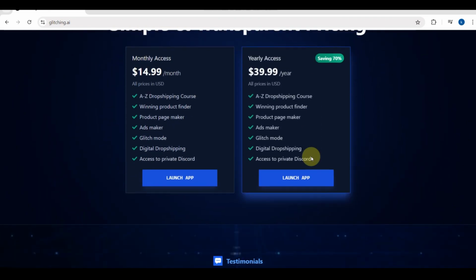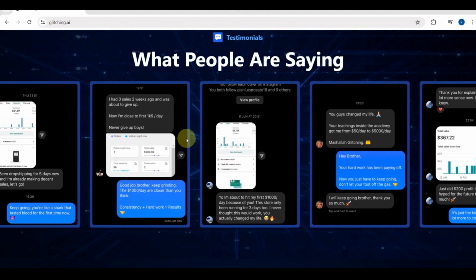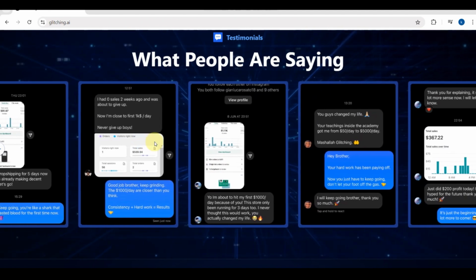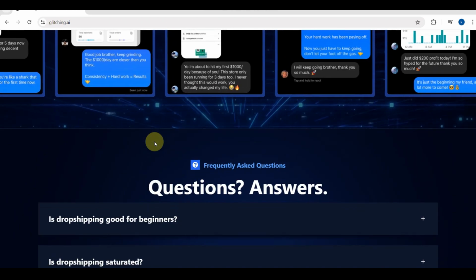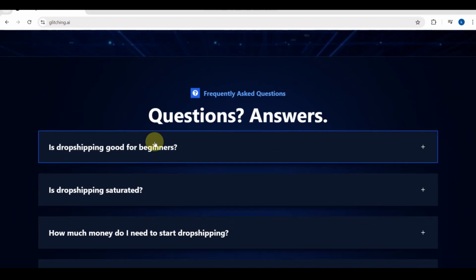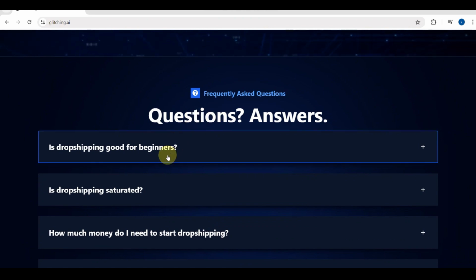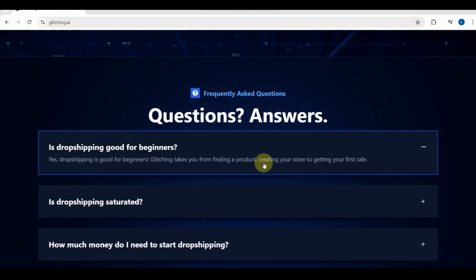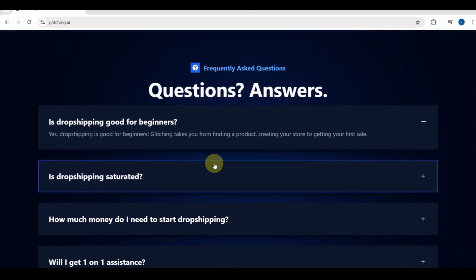So to sum it all up, I think Glitching AI is a powerful tool with robust automation features that can save your time and potentially increase your profits. But the price tag and AI limitations might be a deal breaker for some. So ultimately, it's a great choice if you're looking to take your dropshipping business to the next level. But again, guys, if you cannot afford this type of website, you can still do manual